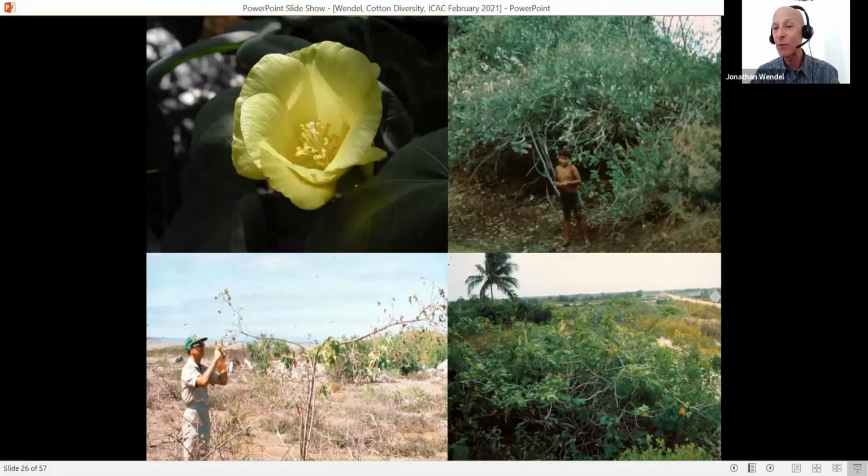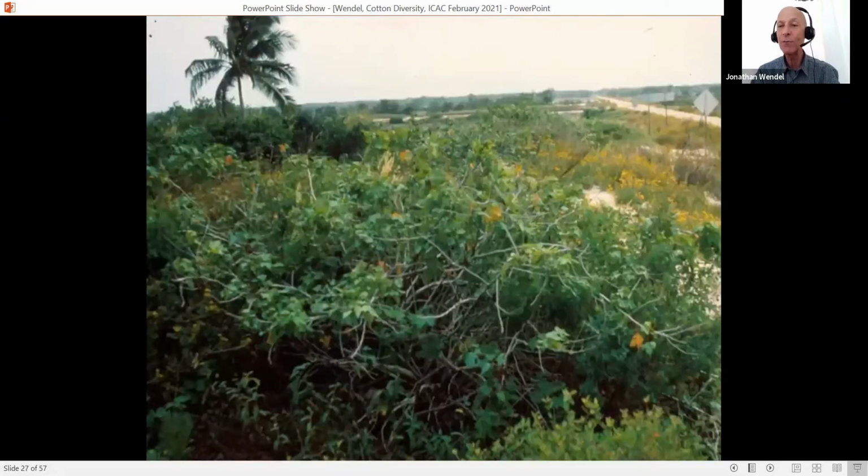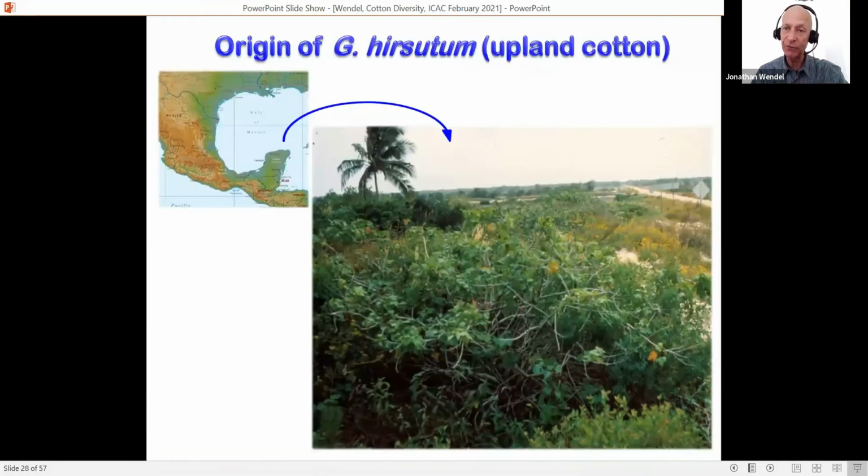And then in the lower right, you have what Gossypium hirsutum, upland cotton, looks like in nature. These are scattered individuals in these wide-ranging, sprawling shrubs with sparse, small flowers growing fully integrated in native vegetation, often right down in the salt spray zone. They must harbor a lot of genes for drought and salt tolerance. And these forms first attracted human attention probably around 5,000–6,000 years ago in the north coast of the